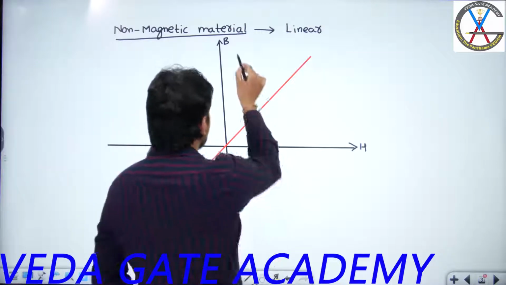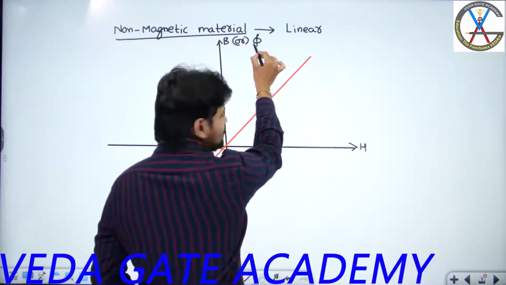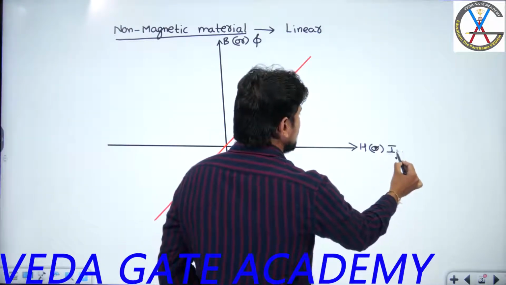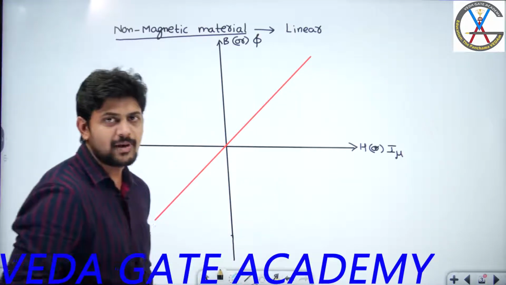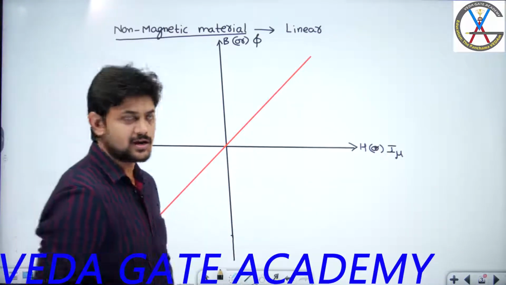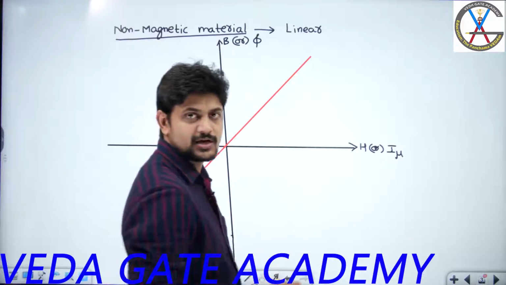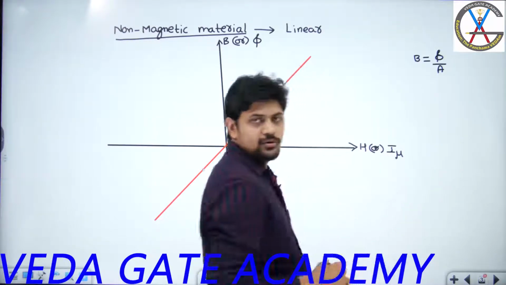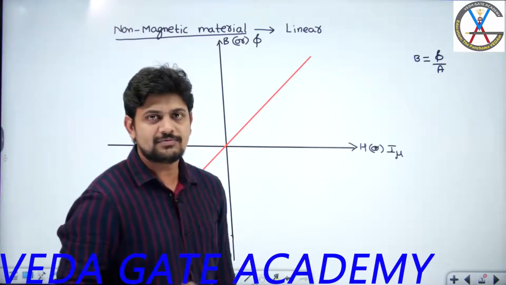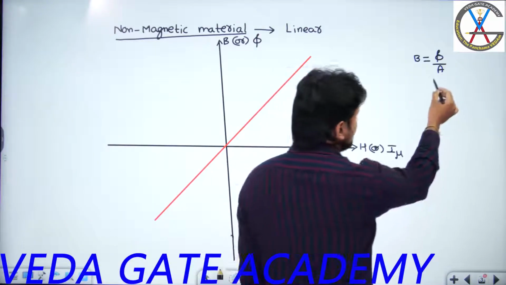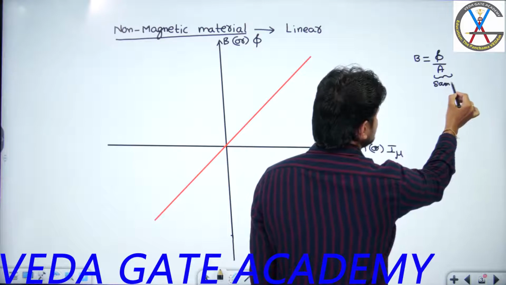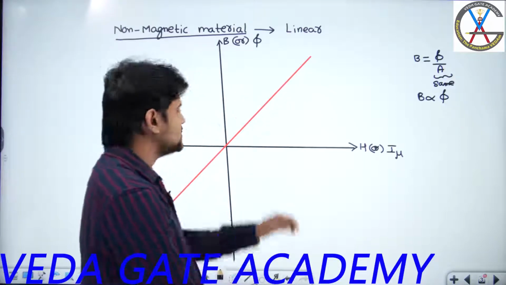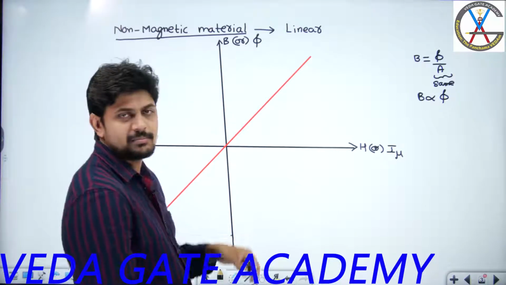In fact, here B is also replaced with flux, and H is also replaced with magnetizing current. That means how my flux is varying with respect to magnetizing current will be shown by these BH characteristics. How can I replace B with flux? We know that flux density is equal to flux per unit area of cross section of the core, right? And for a given transformer, that means if the design of the transformer is over, the area of cross section will remain the same. So from here I can say that B is directly proportional to flux. So instead of the y-axis indicating B, I can even replace it with flux.